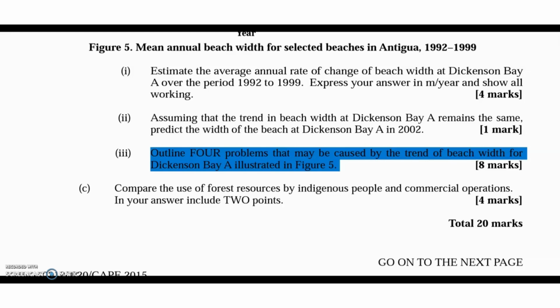Apart from the obvious, which is that the landmass itself would be becoming smaller or somewhat shrinking, given that you have more volume of water in contact with the land, we must also bear in mind the effect associated with the fourth point, which is potential saltwater intrusion. If you have that buffering capacity, which is the sediments along the beach, being eroded, that means you have a greater degree of salt water in proximity to the landmass itself, which would simply mean that you'll have more volume of water in contact with the land,